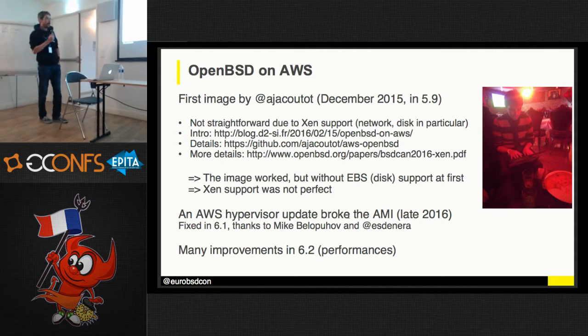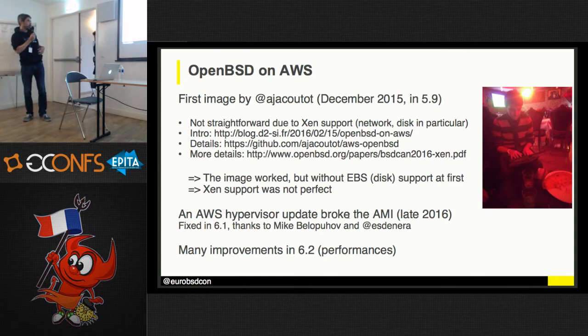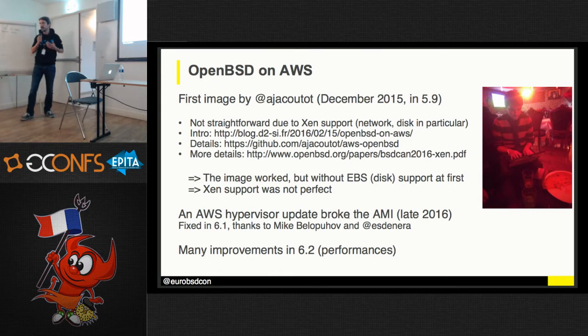Okay, so the whole story of OpenBSD and AWS started in 2015 when Antoine Jacoutot, who most of you know, I assume, started working at D2SI with us. And at that moment, we were already working a lot on AWS. Antoine didn't know AWS very well at the time, and he checked if OpenBSD was working on AWS,